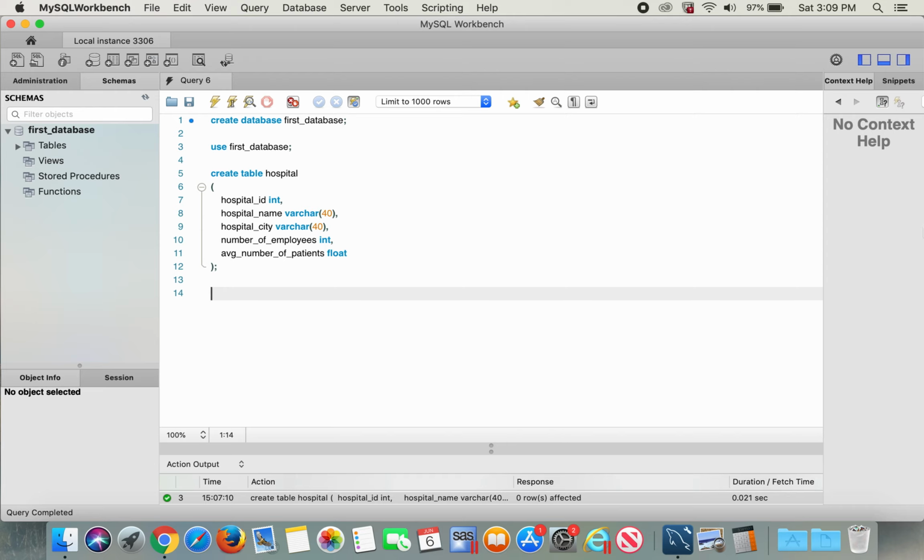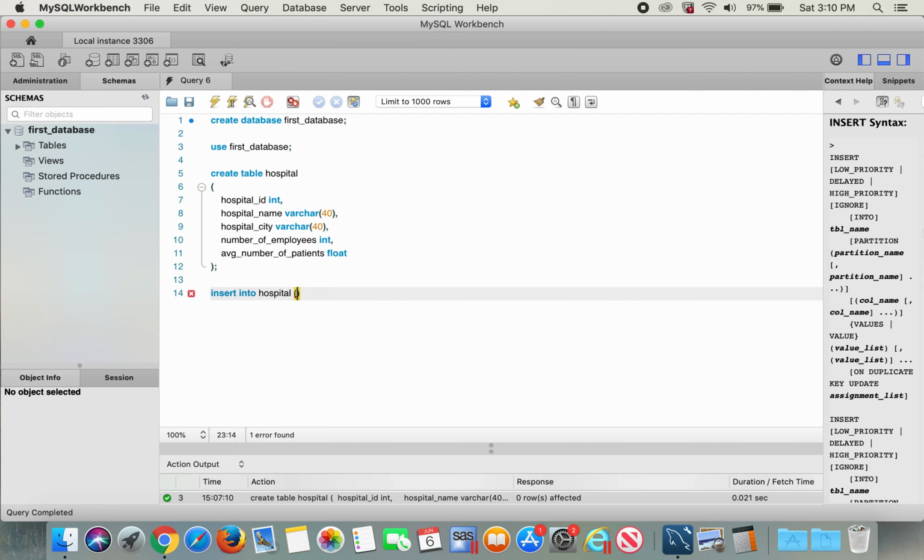To insert values into the table you just created, you'll have to type in insert into table name, hospital in our case, and then put variable names within the braces. Our variables are hospital_ID, hospital_name, hospital_city, number of employees,